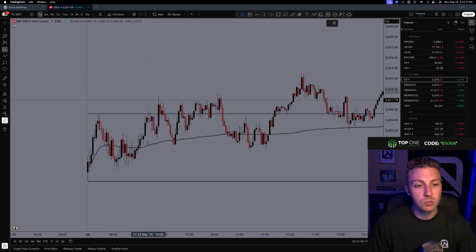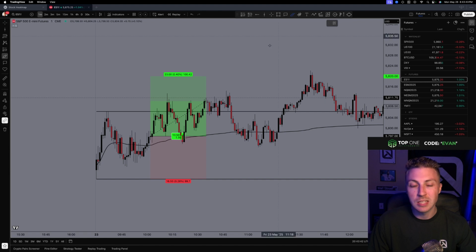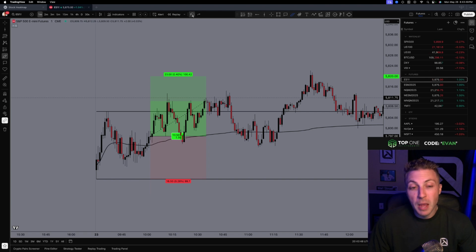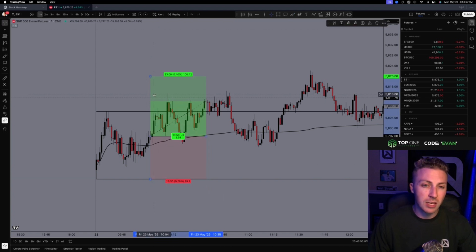First idea for longs would be to buy it as buyers step in control, holding that New York VWAP, with the stop loss at low of day, just because sellers couldn't really extend away from this New York VWAP. They're really just holding around it, but buyers are showing their hand. Maybe this will be our higher low since we came in bullish at the open. Buyers defending it. Okay, let's trade back higher. So if we play that idea with a stop loss at low of day, that leaves us with like 16